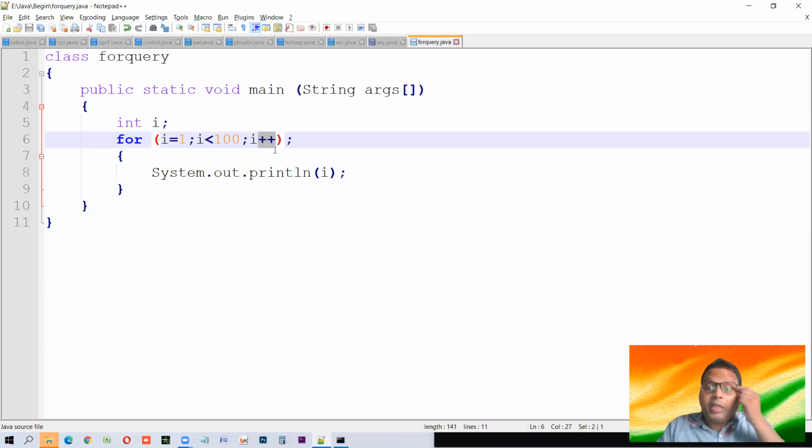If you need to know more about these operators, you can refer to my video on the operators in Java. That's also uploaded there. You can watch it, where you will find more about these operators. So this operator simply helps to increase the value of i. In a loop, initially it starts with 1, and due to this it just increases to 2, then 3, like this. It goes on increasing.